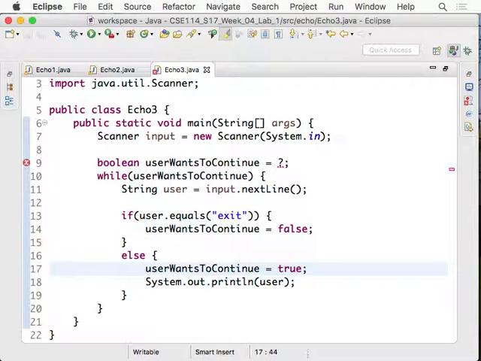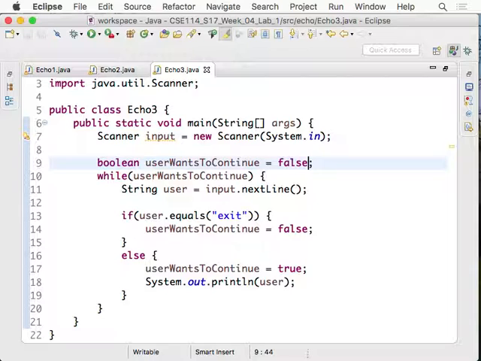Now, one question for you. Have a look at line number 9. We haven't decided yet what the initial value for userWantsToContinue should be. Should that be true or false? I heard true here. Okay, tell me why it wouldn't be false. Let's imagine this in our mind. It's actually quite easy. If I say this is false, what's going to happen? When you go to line number 10, we're going to check